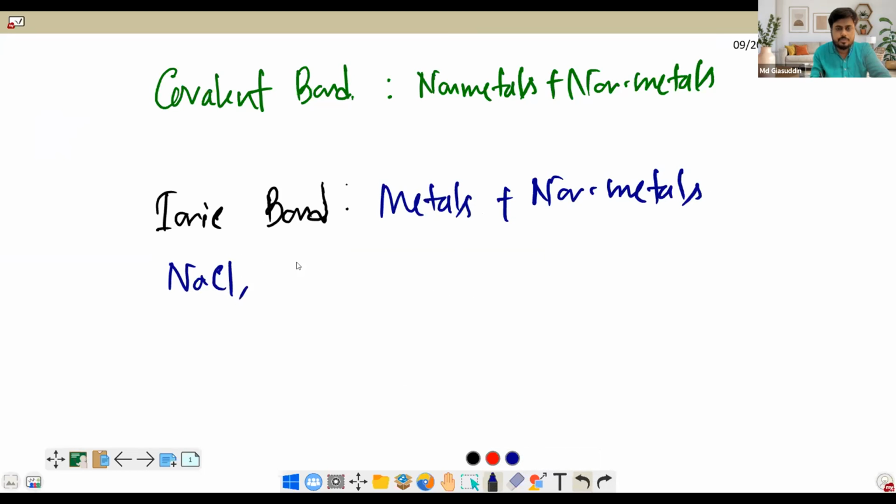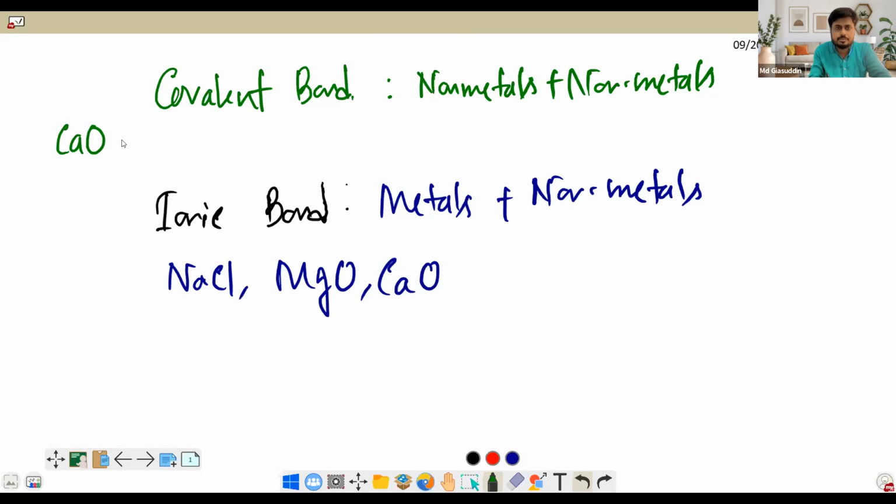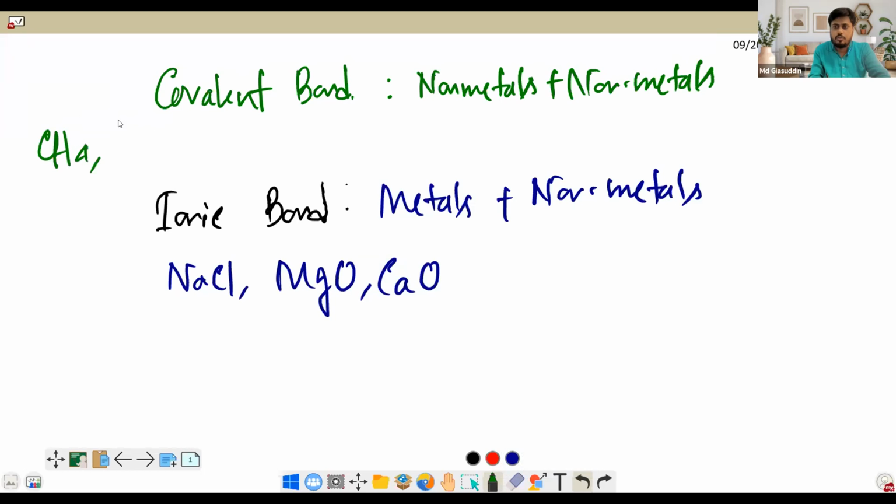and MgO. But in case of the covalent bond, is there CaO, calcium oxide? No, sir, no. CH4, CCl4. CCl4, something like that. So basically what happened, the higher electronegativity difference